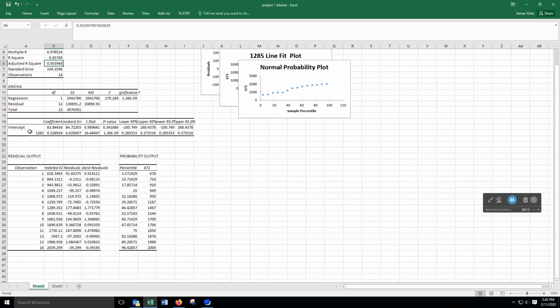And then down here is important. These are our coefficients. So that's our intercept. So if we're going to write this equation out, what is the regression equation? We're going to say y hat is equal to, and I'll put that in parentheses, y hat is equal to 83.84436. That is my intercept, or my beta naught, plus, and then the beta 1 is right here. And that's going to be